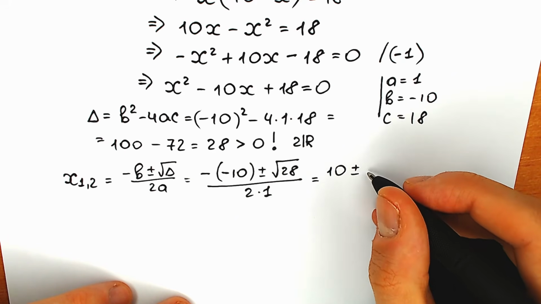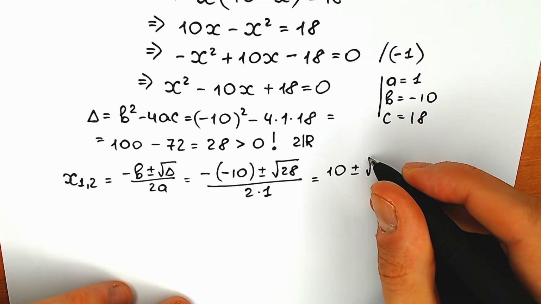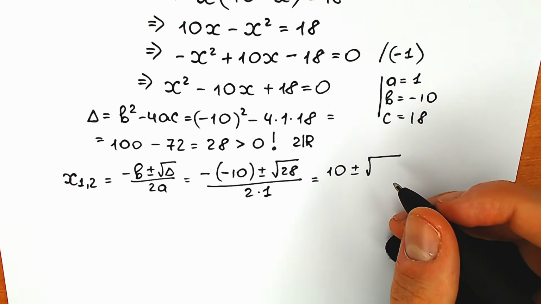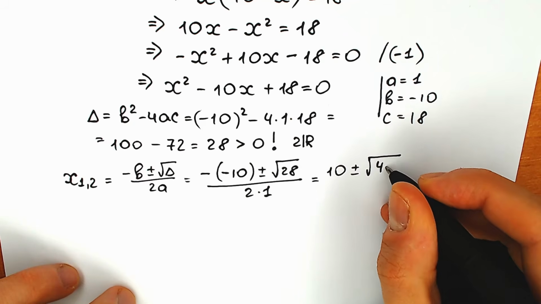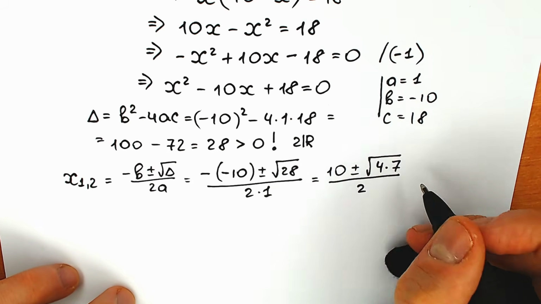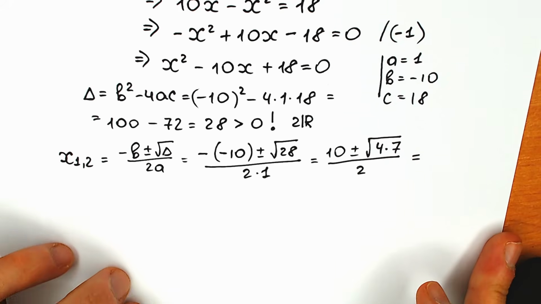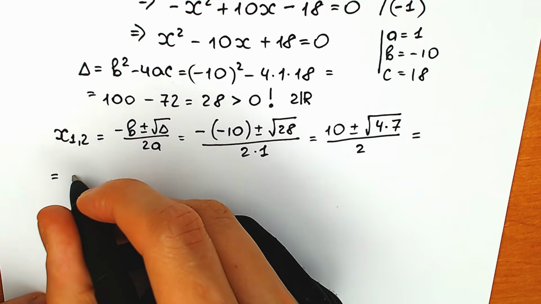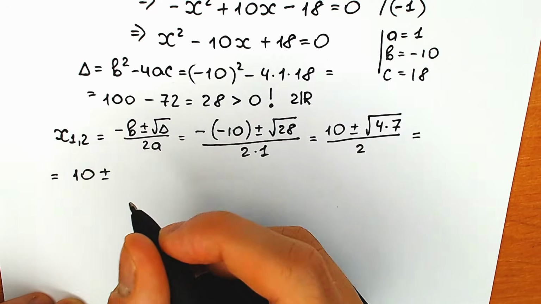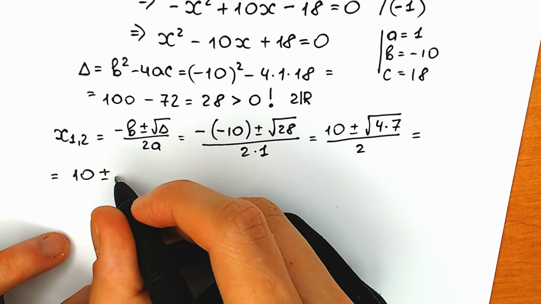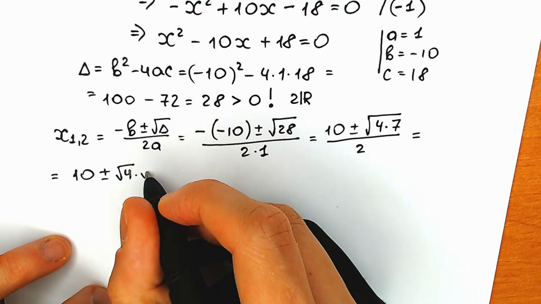Well, I'm going to show you one really important trick. Try to express this 28 in a different way. Let's express, for example, 28 as 4 times 7. A lot of students might be asking, why do we express it as 4 times 7? Because right now we can split it. Instead of this product, we can write the next expression: the same beginning, 10 plus minus, and according to the square root property, square root of 4 times square root of